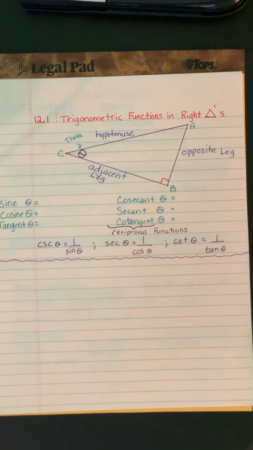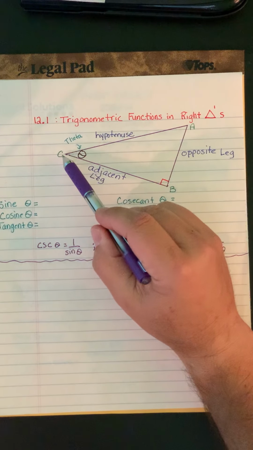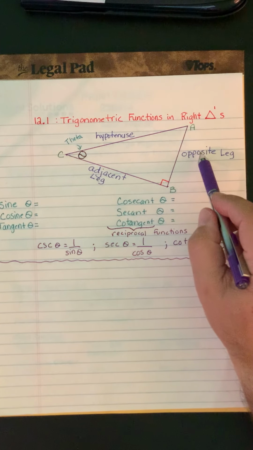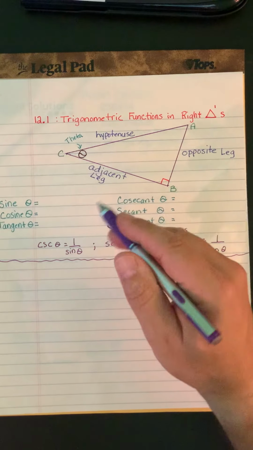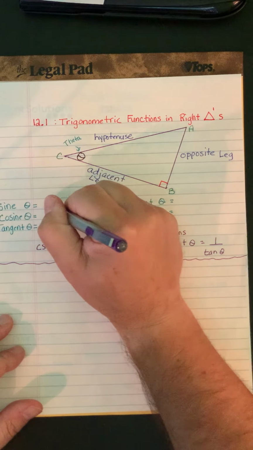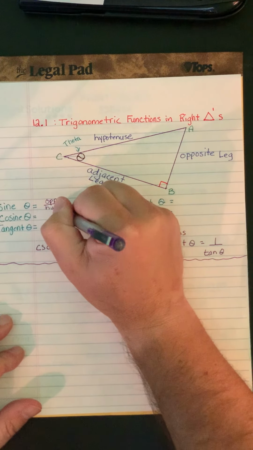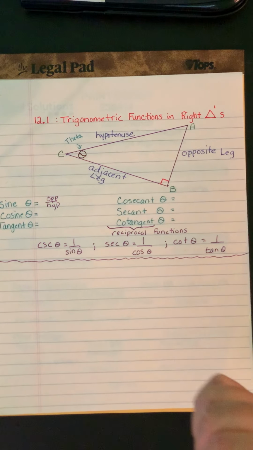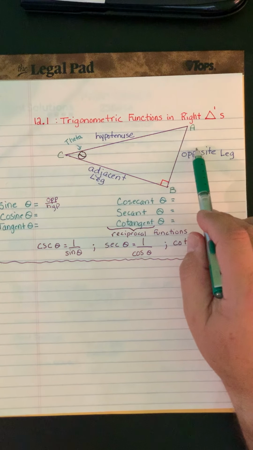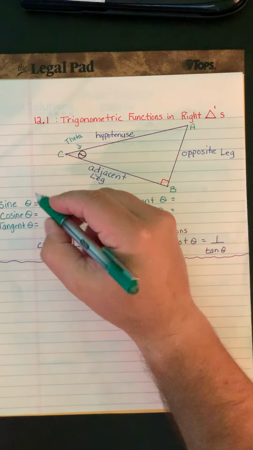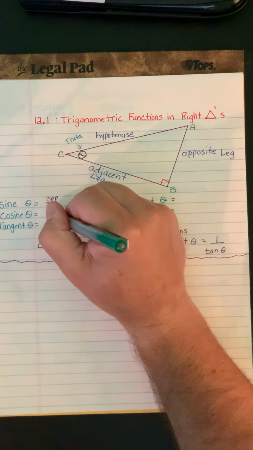So what we're looking at here is for the sine of theta. For the sine of this angle right here, it's going to be the side opposite over the hypotenuse. Okay? And then that's considered the sine. It's the ratio of the opposite leg over the hypotenuse. All right? The cosine is going to be the side adjacent